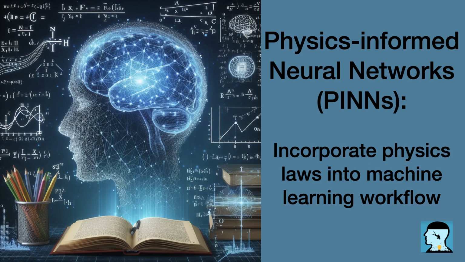Lastly, researchers can leverage transfer learning techniques by pre-training the network on related problems or using pre-trained networks as initializations. This helps the network to learn general patterns from existing data before fine-tuning it for a specific problem. By employing these strategies, researchers can overcome challenges and improve the accuracy and effectiveness of physics-informed neural networks, PINs, in solving real-world problems. Thank you for summarizing the challenges researchers may encounter when implementing PINs and providing strategies to overcome